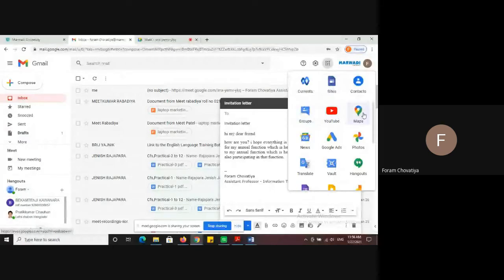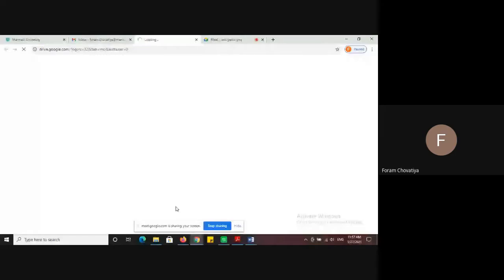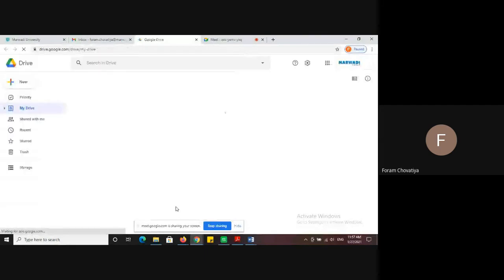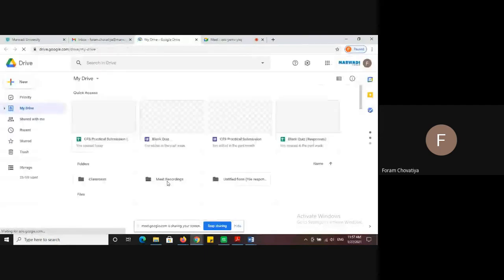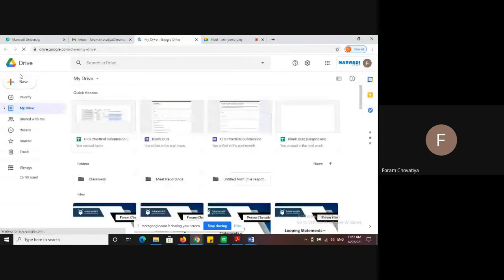If you don't have that Google application for maps, you can go to Drive. My Drive is open. Then click on New.